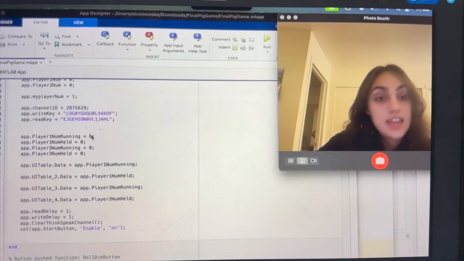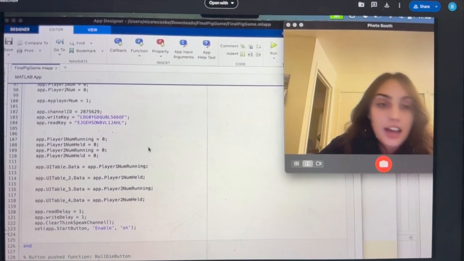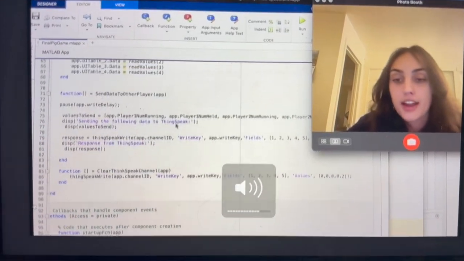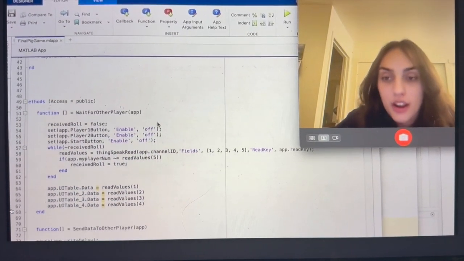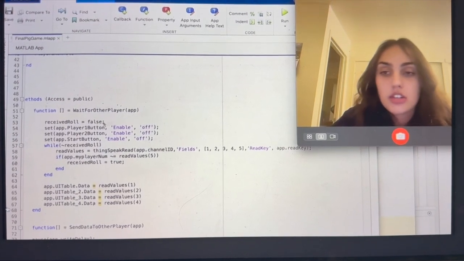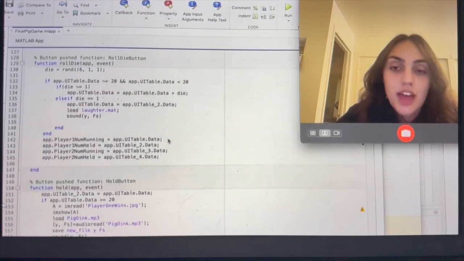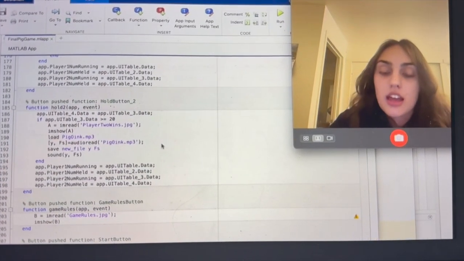And I was in charge of the ThingSpeak and roll die function in our app. So for our ThingSpeak, we have three functions: wait for other players, send out to other player, and clear ThingSpeak channel. For our wait for other player, we have receive roll equals false initially, and then we have all these buttons turned off. So we use this function within our callback functions so that the function can ensue,